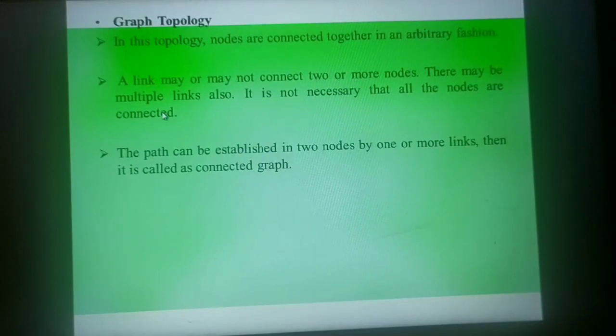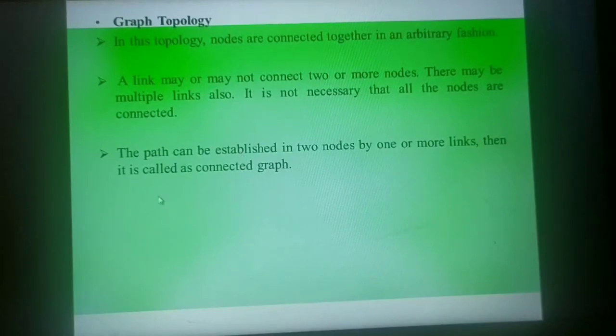If there are 5 nodes, all the nodes may be connected with each other. In order to reach the second node, I may have 2 links, to reach the third node I may have 3 links, or I may have only 1 link. And it is not necessary in graph topology that all the nodes are connected to each other.